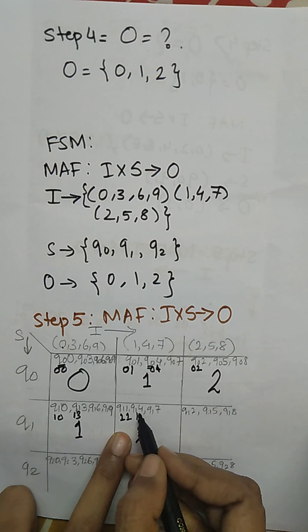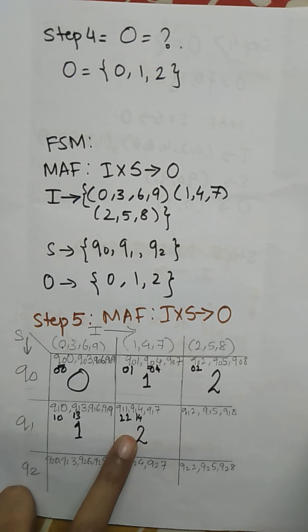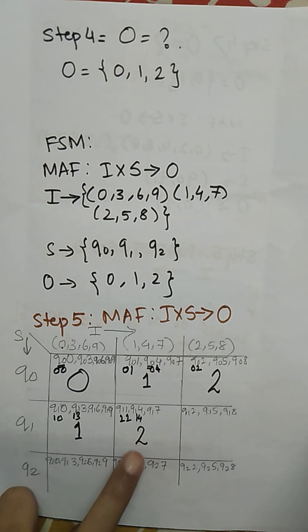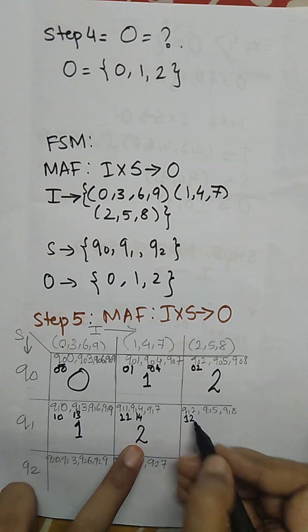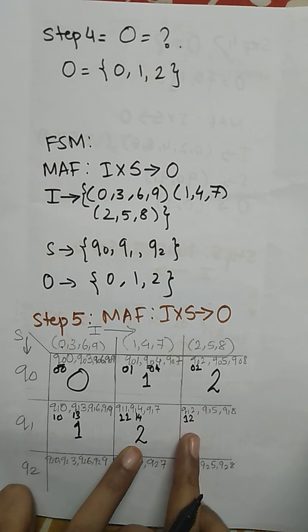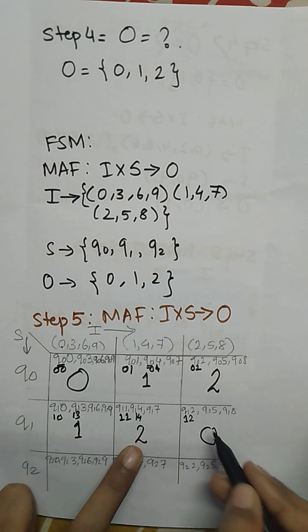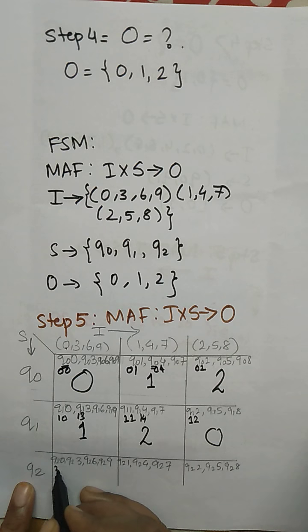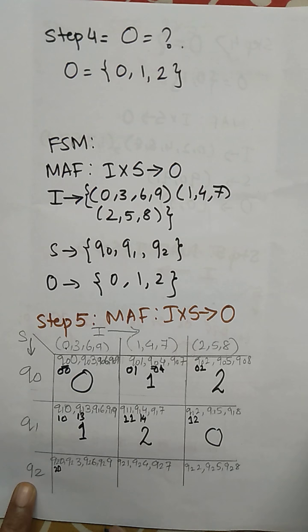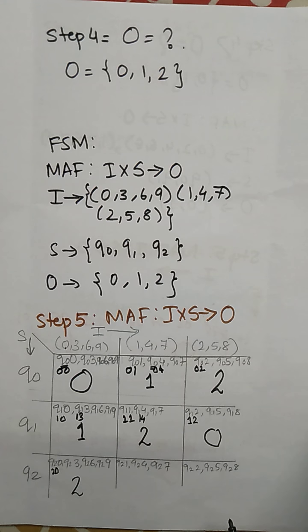Now Q1 with 4 will make number 14, which when divided by 3 will give us remainder 2. The next bit, Q1 with the next bit as 2, will make number 12. Number 12 is completely divisible by 3. Now Q2 with 0 will make number 20. Number 20 is not divisible by 3, with the remainder 2.